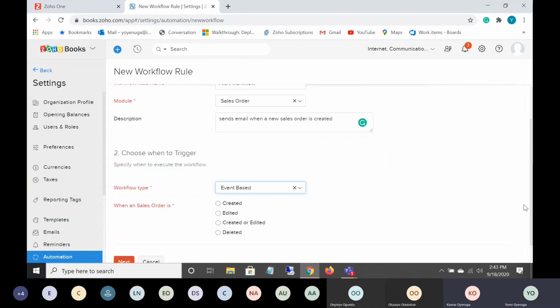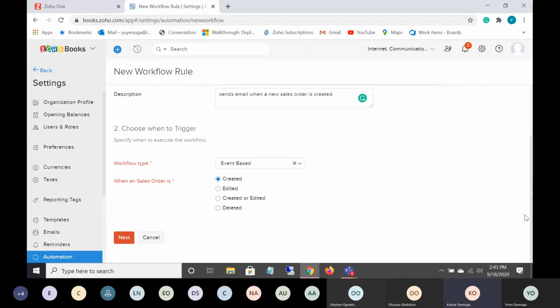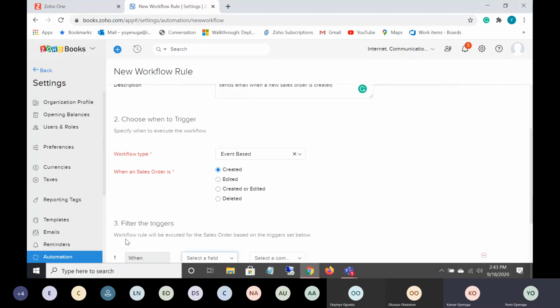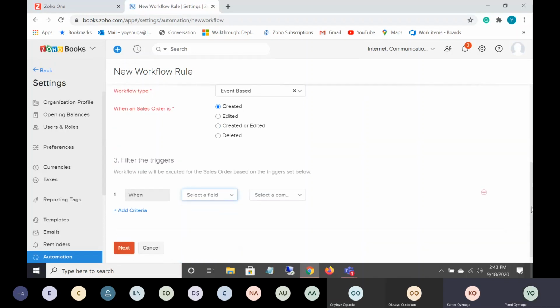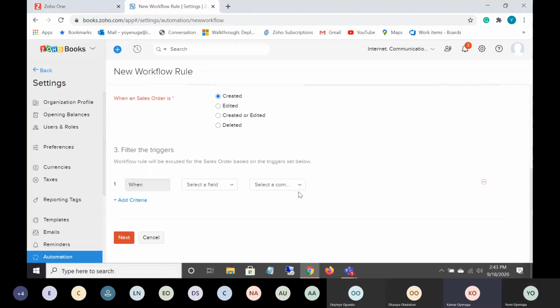Or let's say you have a sales order coming in and you want to check that sales order to make sure that you have the product in inventory. But let's say you don't, and you want to automatically send a purchase order to your vendor so that they can go ahead and ship that product to you automatically. You can do that here through the automation process, where you can check to see if the